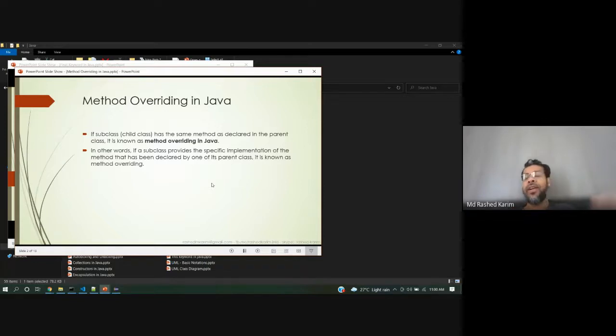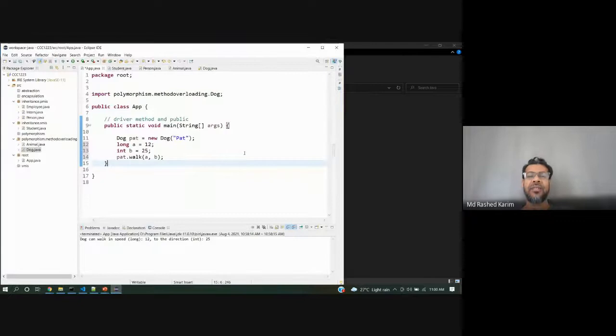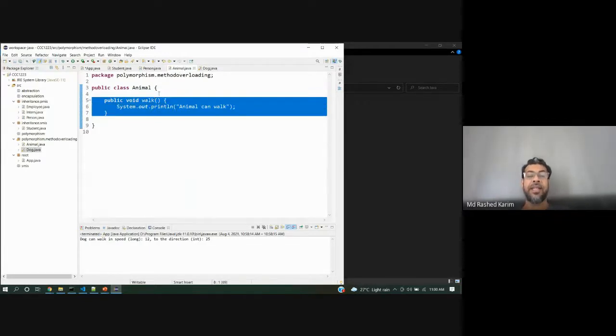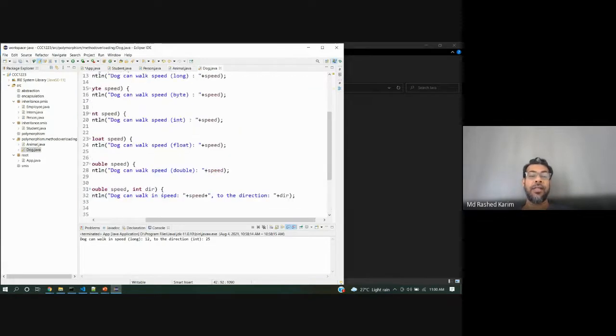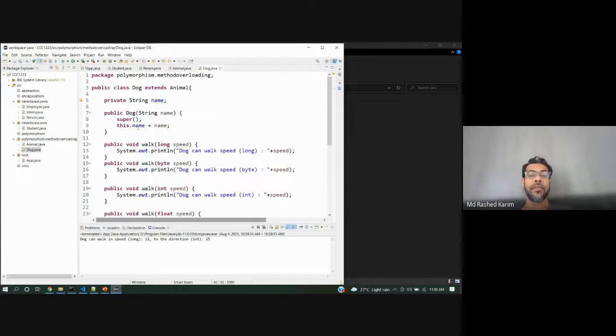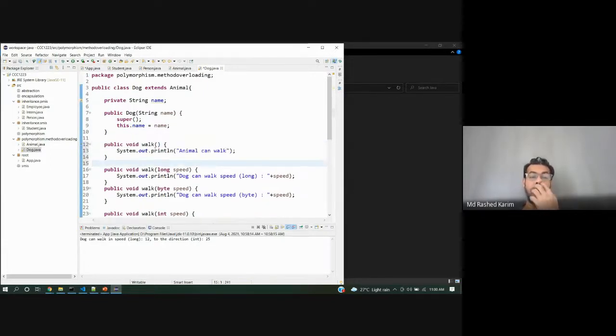It's known as method overriding. So basically I just want to see the subclass and main class have the same method. Like this method, walk. I'm just using the same method, same signature, within the dog class.